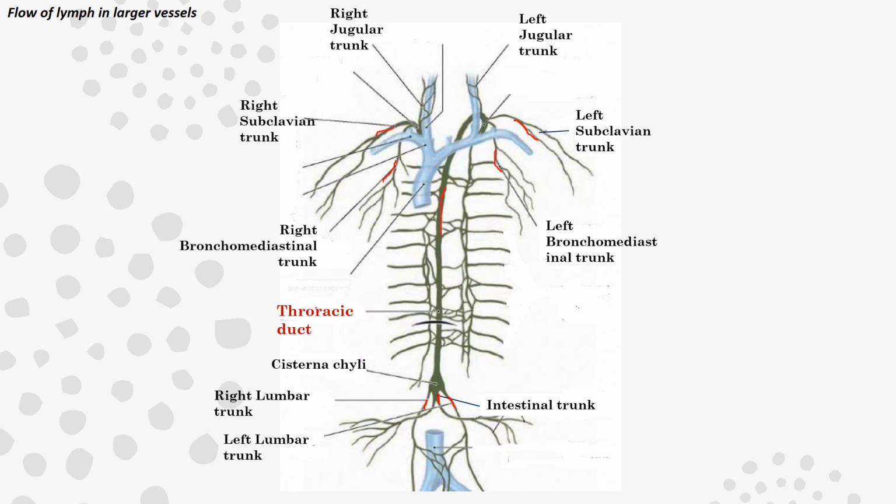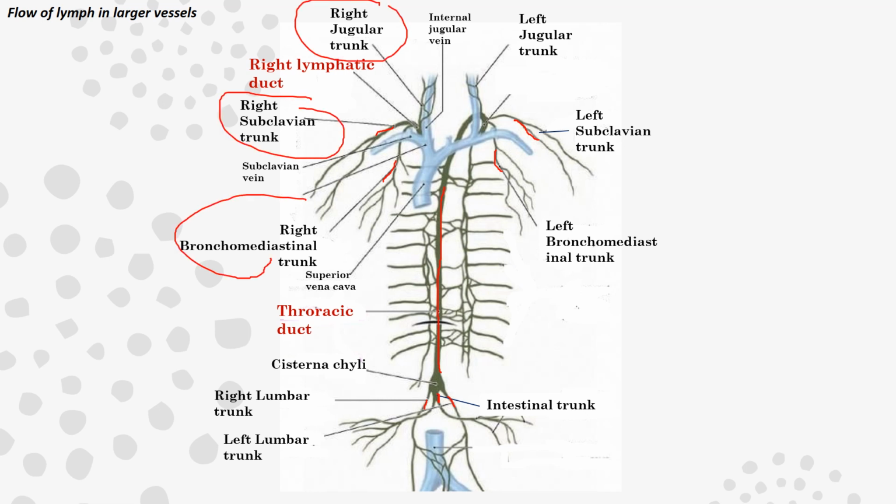So this is the thoracic duct, which is going to drain all the lymph from the rest of the body except for the ones from your right side of your head, your right subclavian and the right thoracic. So the ones from these trunks, these are all going to drain into the right lymphatic duct over here. Okay, so the thoracic duct is actually quite much larger compared to the right lymphatic duct, and both these ducts are going to